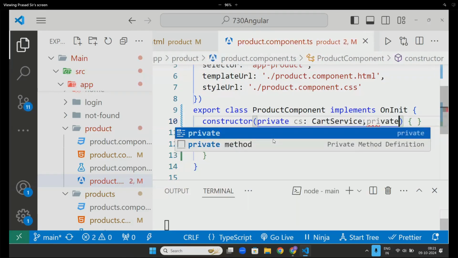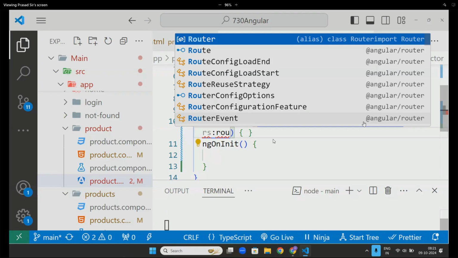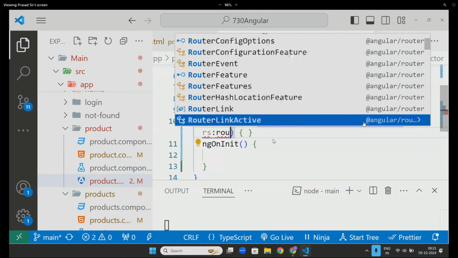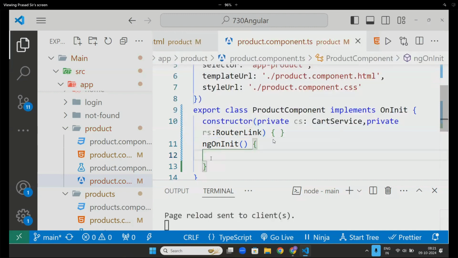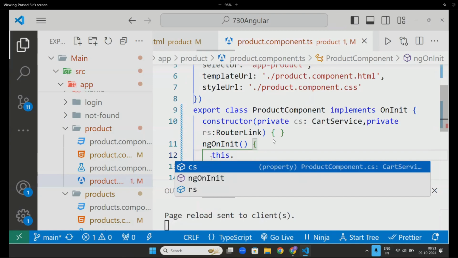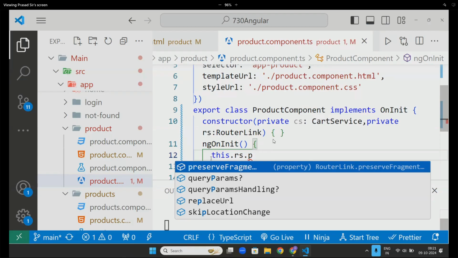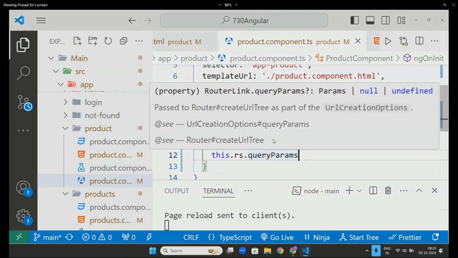Router is a class, sir. You can use it. Earlier when I used navigation, I used that. Okay. Now I am just checking it. I want to get that parameter, sir. This dot rs dot query parameters. Query params.